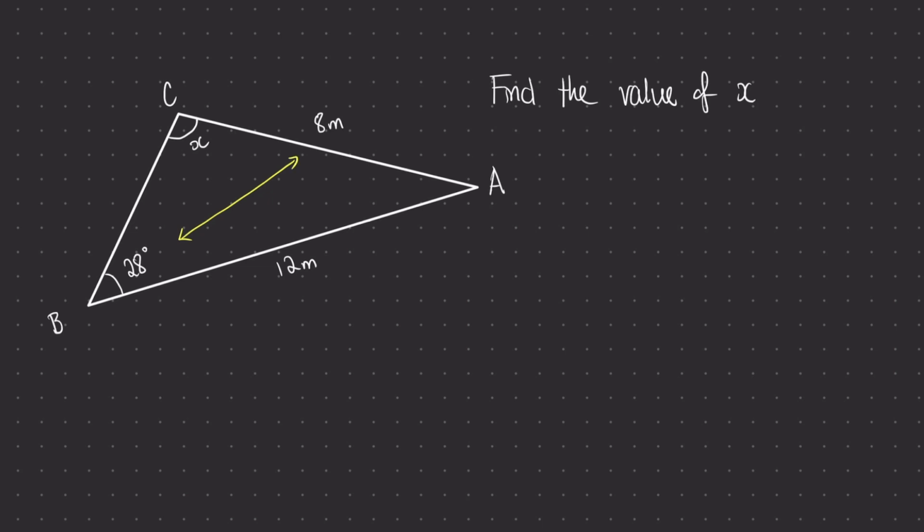And the side length 12 is opposite the angle x, so those are related as well. Those are opposite each other. Okay, so I've got this cross arrows situation. I know it's the sine rule that I'm going to need, and I can see that the unknown variable is